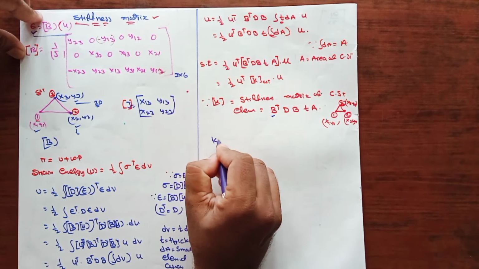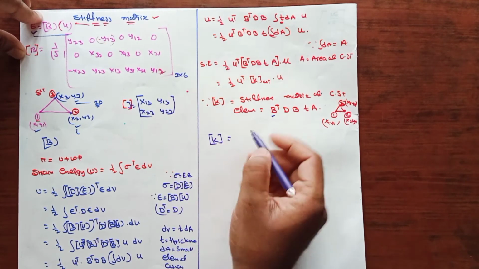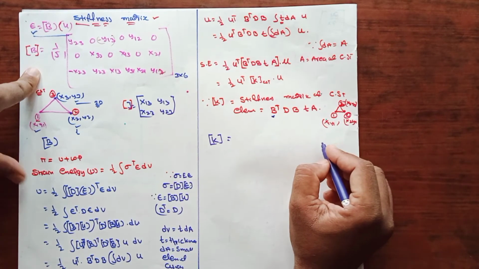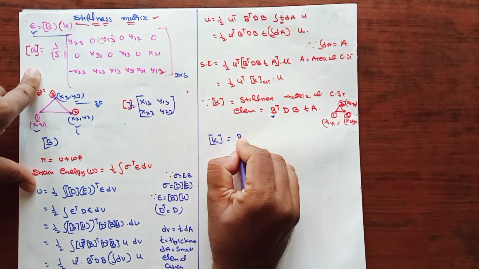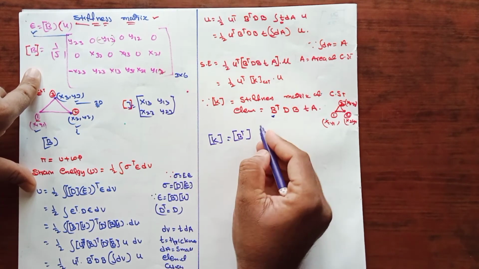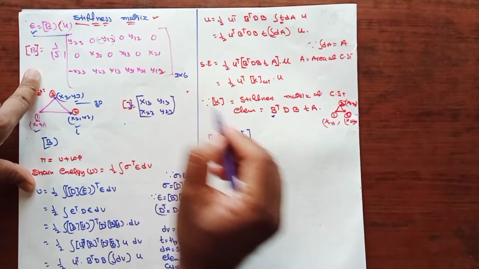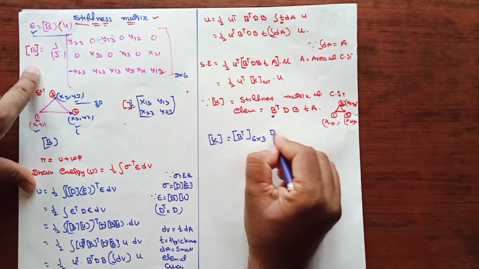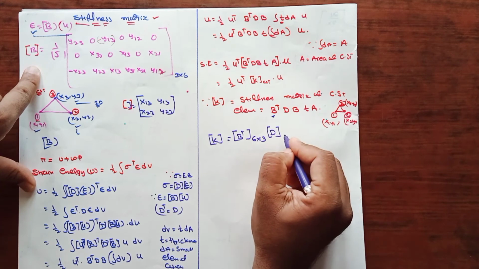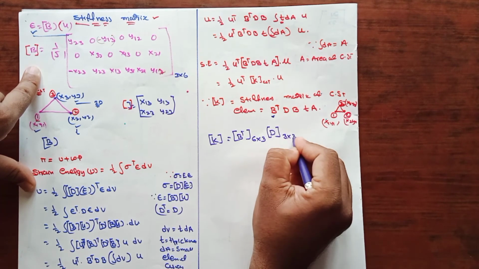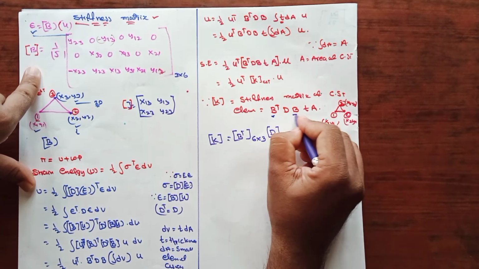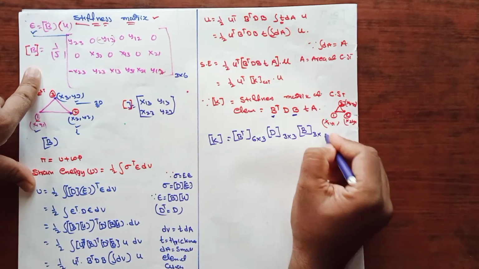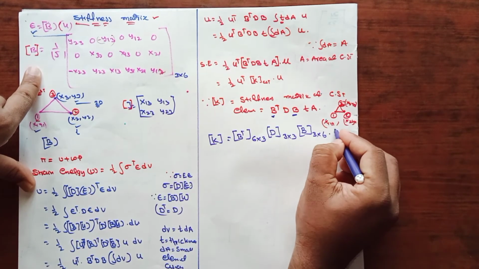Therefore, let us find out what would be the order of the stiffness matrix. Here we know that the B matrix is 3 by 6. So B transpose, where you change the rows into columns, is 6 by 3. And the D matrix is always a square matrix, equal to 3 by 3. Next is again the B matrix, which we already know is 3 by 6, into thickness into area.